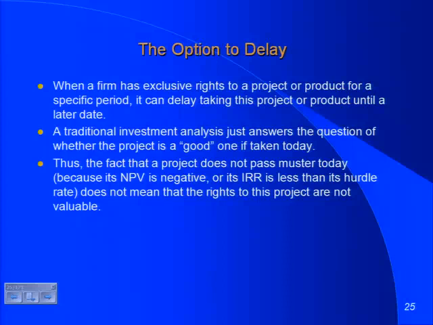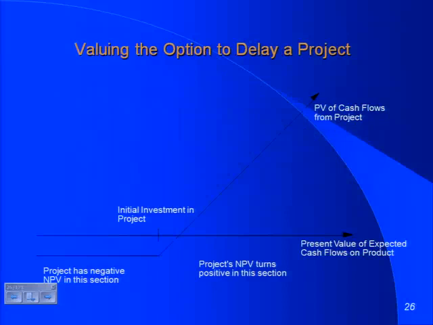As I promised earlier, every option that I'm going to talk about, I'm going to frame in terms of the payoff diagram. Here's the payoff diagram on the option to delay. In fact, I'm going to use this particular payoff diagram to bring in both patents and natural resources. The equivalent of the strike price becomes the investment you have to make to take the project. Remember, you have the rights to the project. You haven't taken it yet. You can take it any time in the next 10 years. So what you have to invest to take the project becomes the strike price.